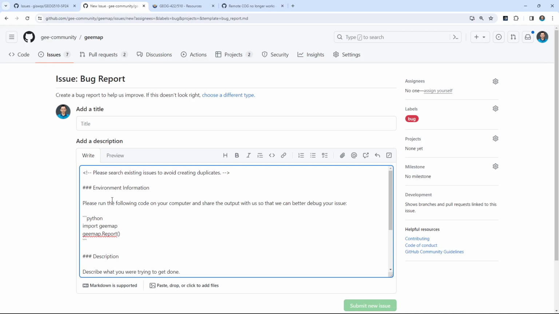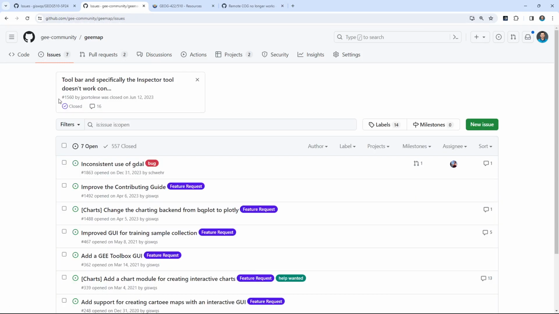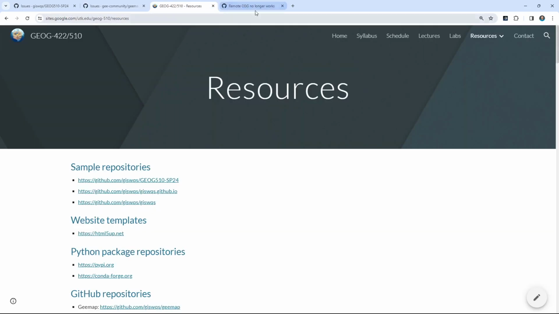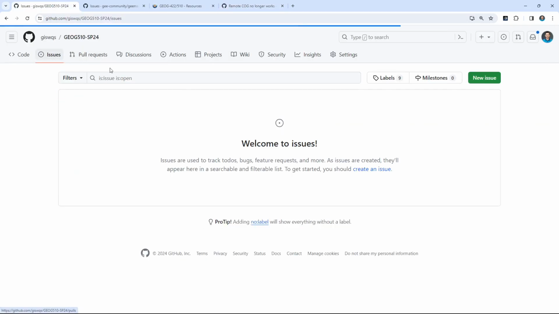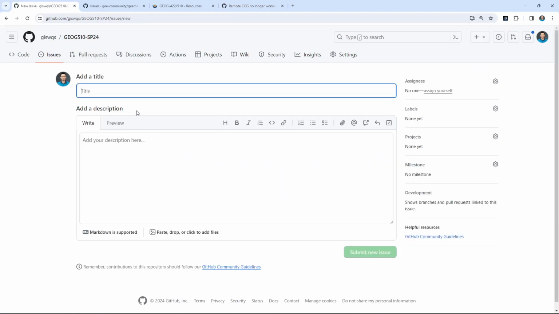It's much similar to discussion, except that a discussion is not technically a bug or a feature request. You just have a question, okay, how do I do this? How do I do that? So this is how to open an issue. Similarly, you're welcome to open any issues on my GitHub repository here. So I can do one here, new issue, and then say, okay,